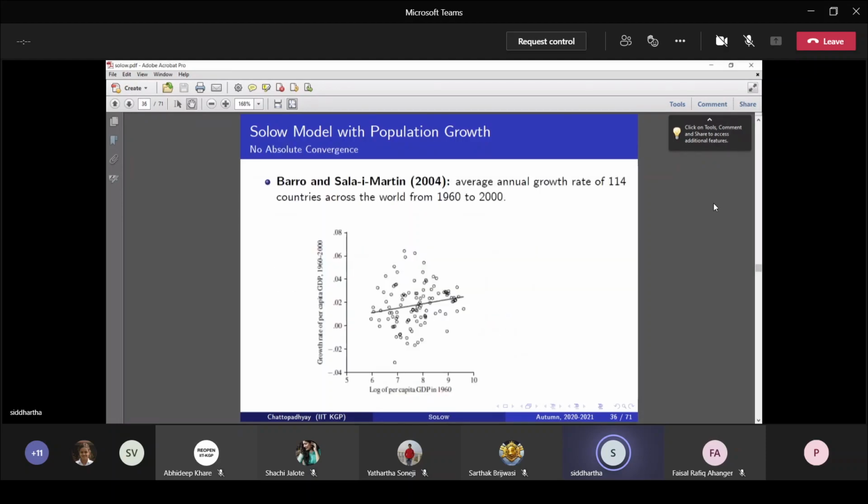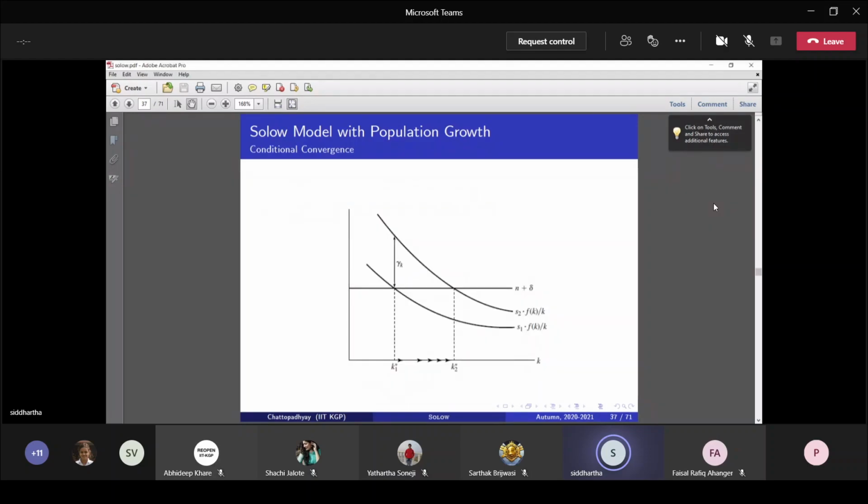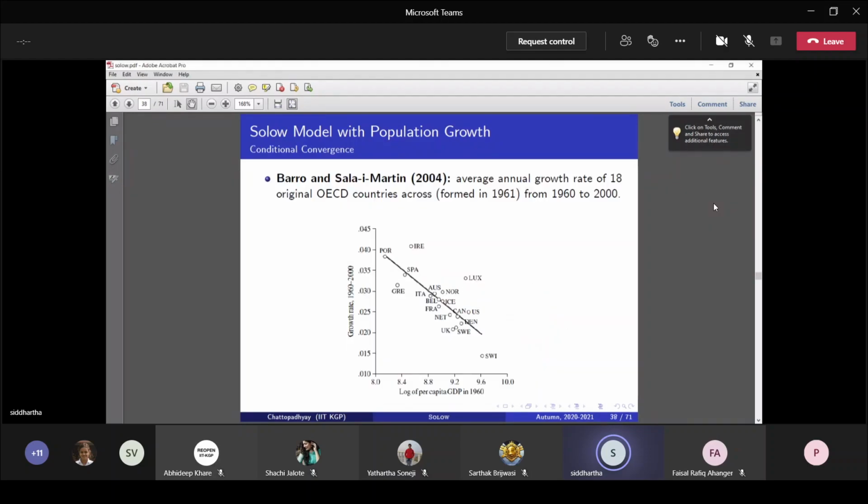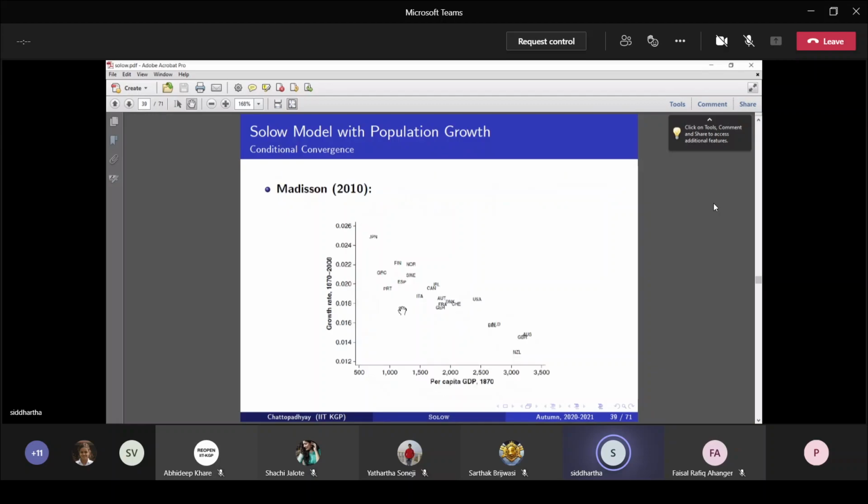But if you see over here, it's not matching. But if you take a homogeneous set of countries, it's matching. For more number of years, a homogeneous set of countries is matching. That means something: either the prediction in the Solo model is wrong, we are predicting something wrong from that particular figure, or the Solo model is completely worthless. These are the two outcomes that can be drawn from here. And this is exactly what we'll analyze.